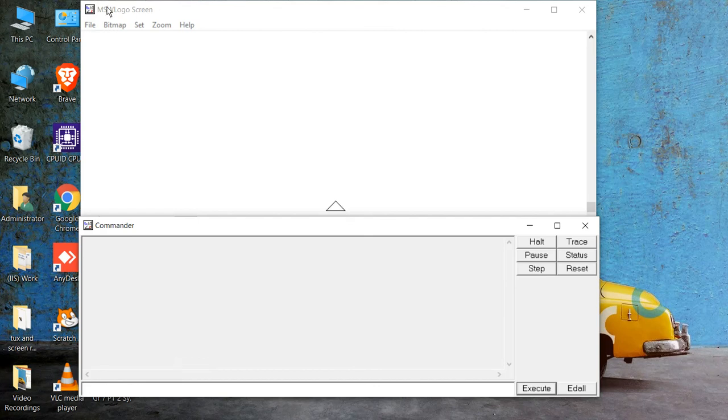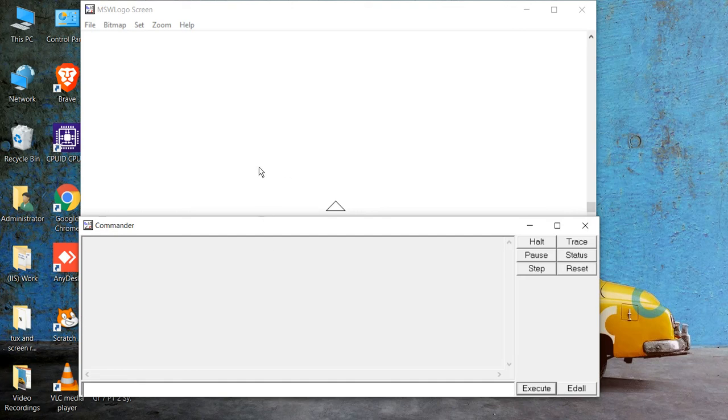This is the title bar. Below the title bar we have the menu bar. This is the graphic window and this is the commander window. The commander window is divided into two parts: the first one is the recall list box and this is the command input box. In this command input box we can write the command.